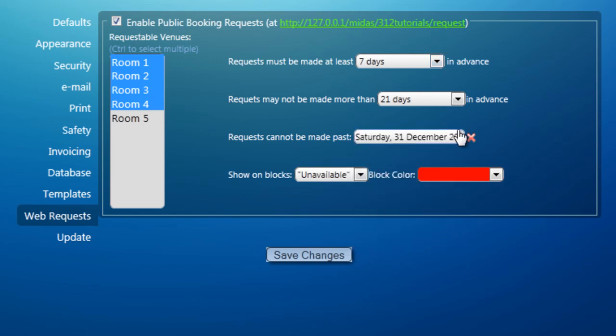So in summary, these three settings then mean that visitors have to make a request at least 7 days in advance, but no more than 21 days in advance, and they can only request dates up to the end of 2011. The last two options control what information we want to make available to these visitors when another booking is